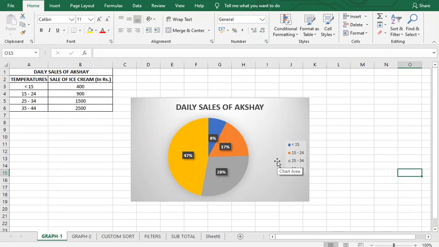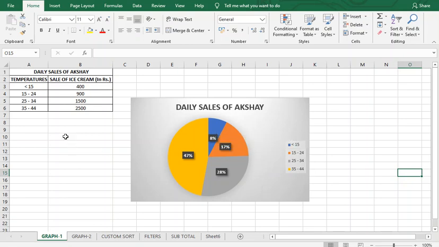It shows you the percentage of the amount that Akshay has made as per the temperature categories. When the temperature was less than 15, the amount of sales that Akshay made is 8% of the total sales.